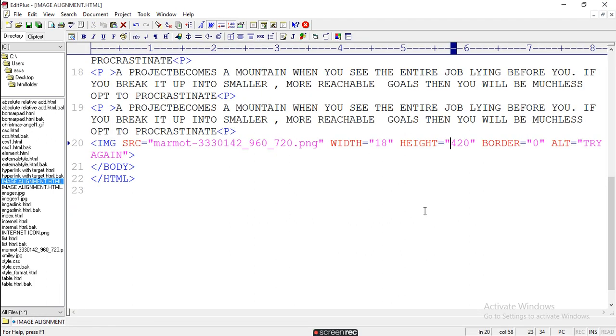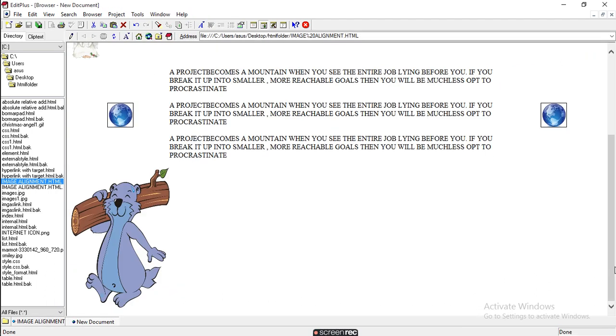So here you have to make it 2 and here you have to make it 3. Make it 2. Width is 218 and height is 320. Then Control B. Now you will get a proper image.